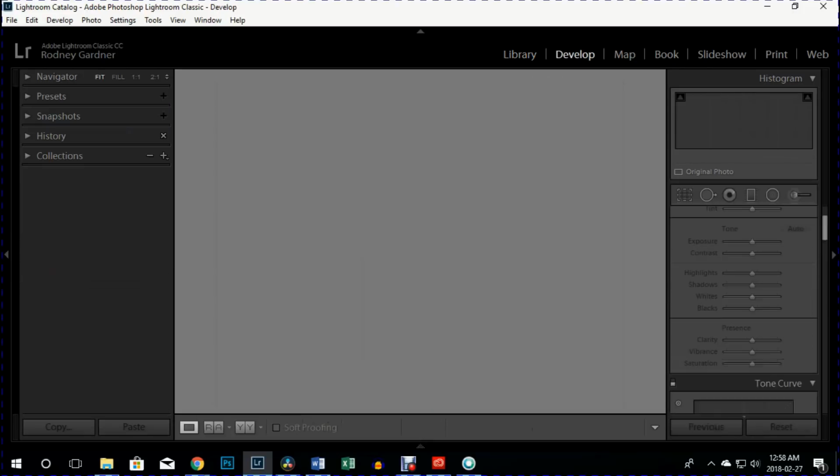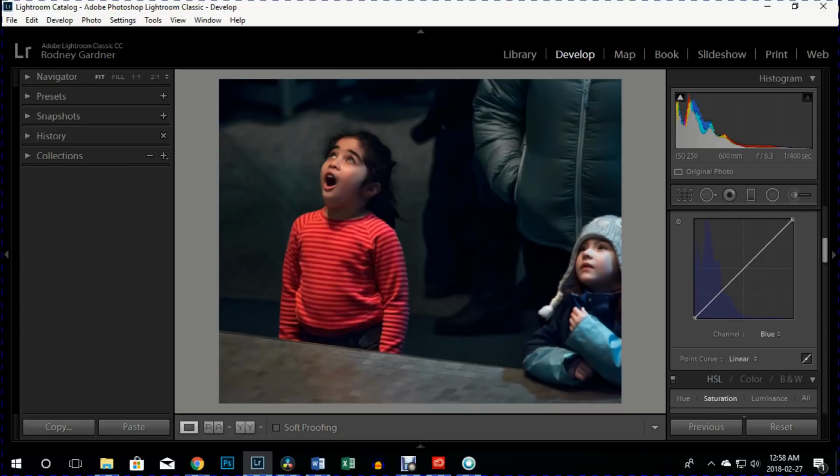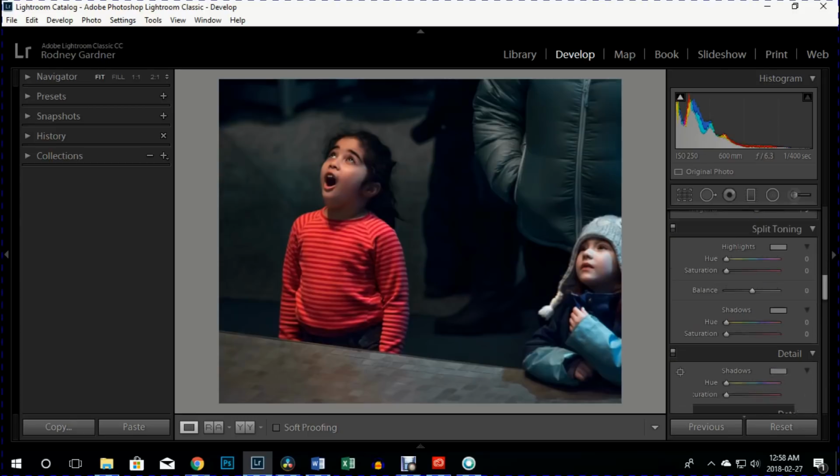So let's take a look at what I did. So 4 stops, not 4.5. I brought it up 4 stops. Highlights and shadows again, I brought them up. Whites, put the blacks down a little bit. Pretty much the same amount of clarity. And in the basic panel, once I got this up, this is basically the image I got. I went in. Certainly, I've moved the aqua and the blue around like I did in the other software,